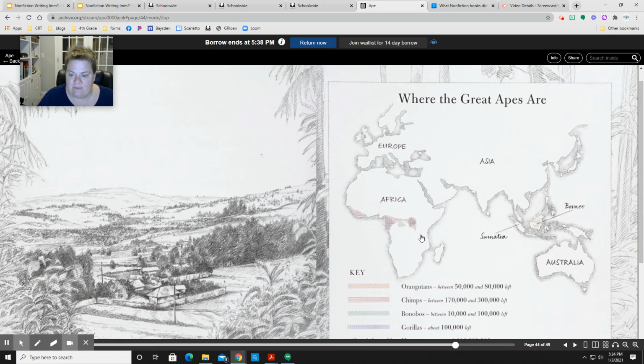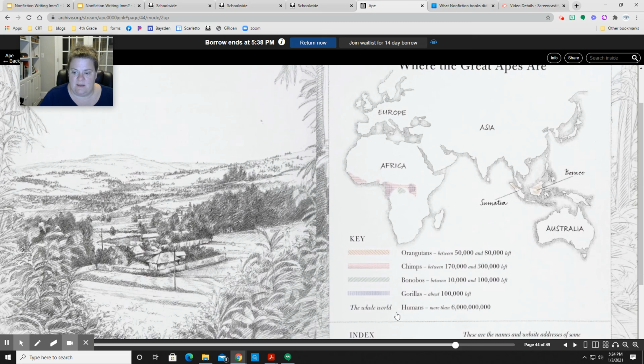So over here in the Africa area. Our bonobos, they were kind of in, I want to say, the Sumatra area over here. The gorillas are kind of crossing where the chimps live, in these little parts where it kind of crisscrosses with the purple. And then the whole world, it gives the population more than 6 billion